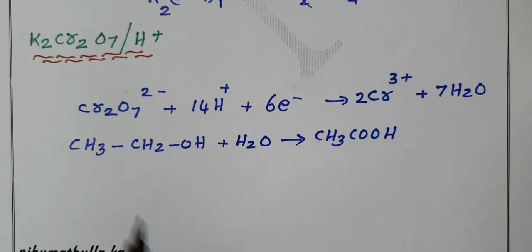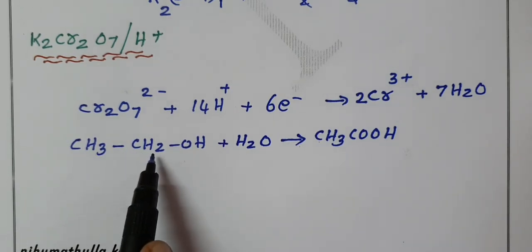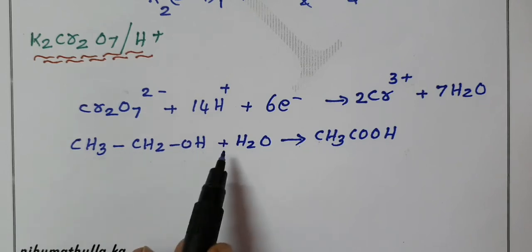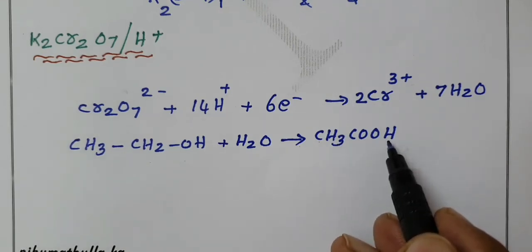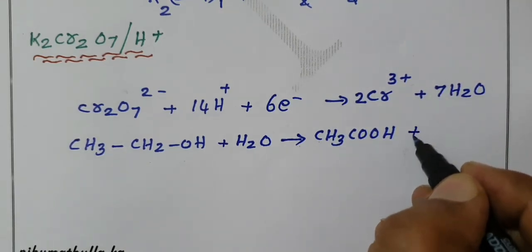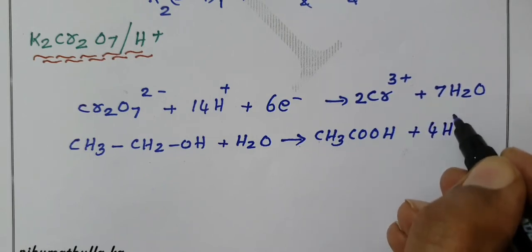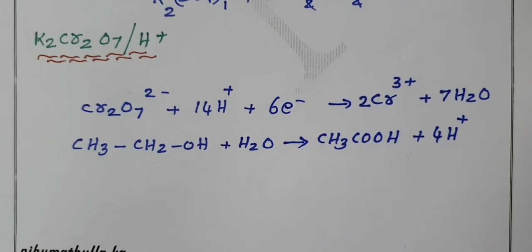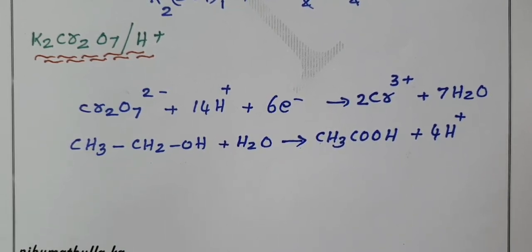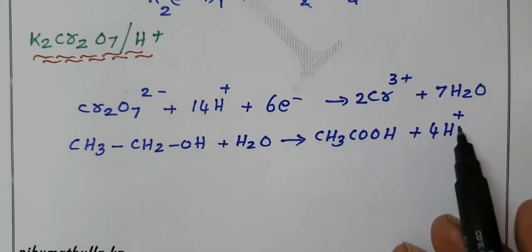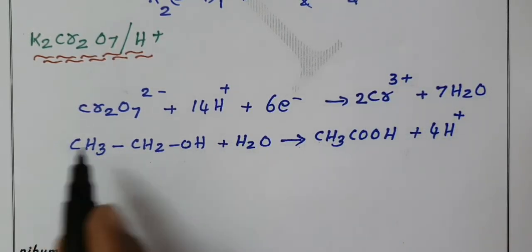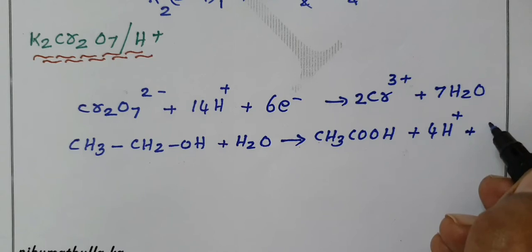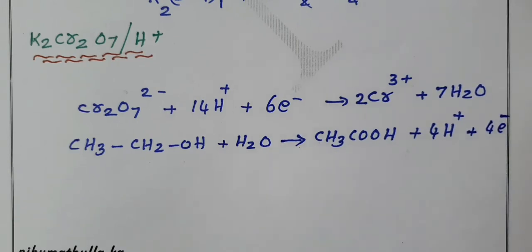Come to hydrogen: 3, 5, 6, 8 on the left hand side, 8 hydrogen atoms. Right hand side only 4 hydrogen atoms. Therefore, hydrogens are balanced by adding 4 H+, so both sides now have 8. Finally, we have to balance charges. Left hand side no charge, right hand side 4 plus. So, right hand side must be 0. That makes 0 by adding 4 electrons.